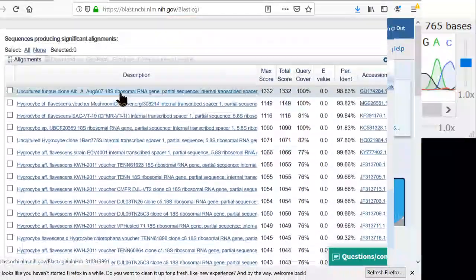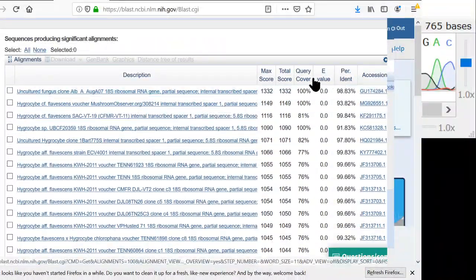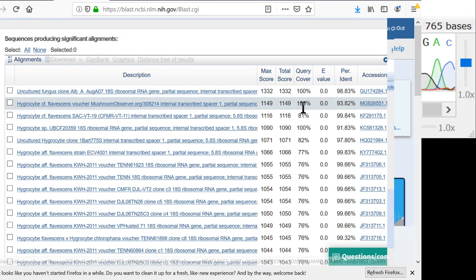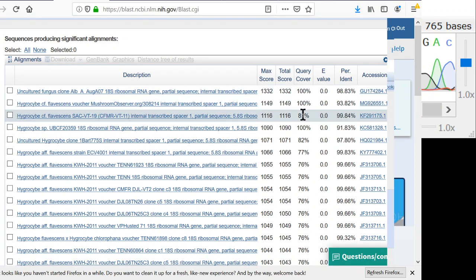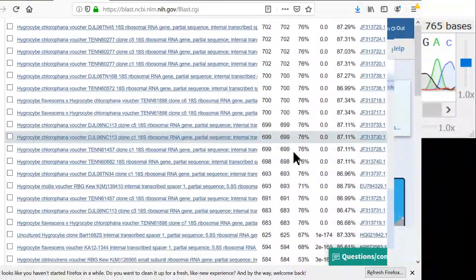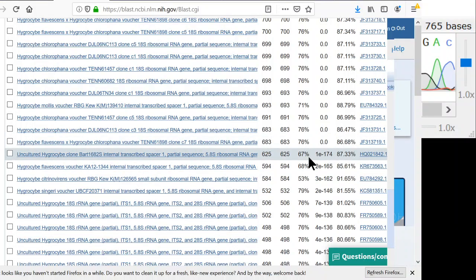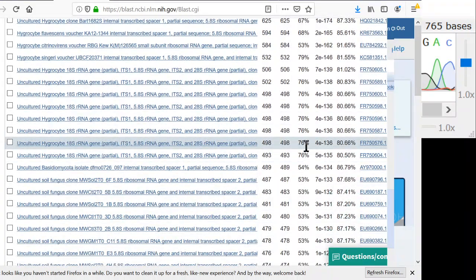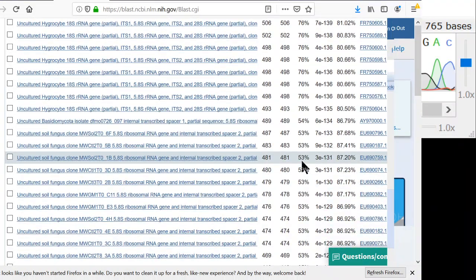So the query coverage, if it's pretty high, like 80% or 100%, then that's good and it means you're going to get a good match. But if the query coverage is really low, like 40% or 20%, here's some that are 67%, that means only, or like here, 53%, that means only 53% of your sequence is overlapping the other sequence